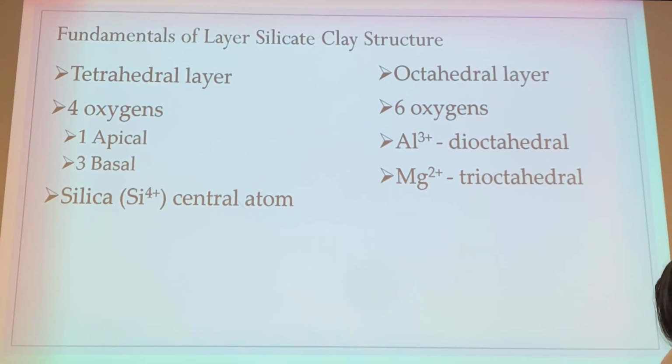We'll go over that in the next slide. It looks like a pyramid, and in the center there is this atom that gives it the balance. Our octahedral looks like 2 of those pyramids put on top of each other. And we will have either aluminum or magnesium as the central ion. And those 2 can substitute for each other, which is going to change the charge of that particular structure. So we're talking